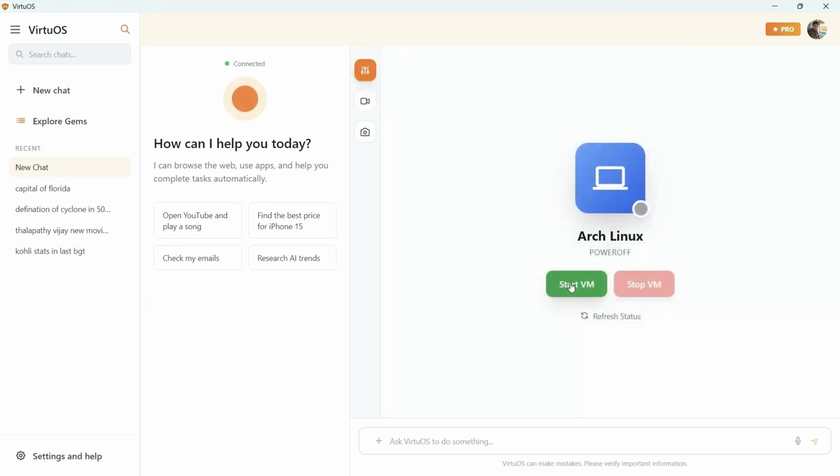Here you can start or stop a virtual machine. The virtual machine I use is Arch Linux with KDE Plasma, but you can use any virtual machine you like. And this is your chat box, or prompt input box. So here you can do basic chat functionalities like